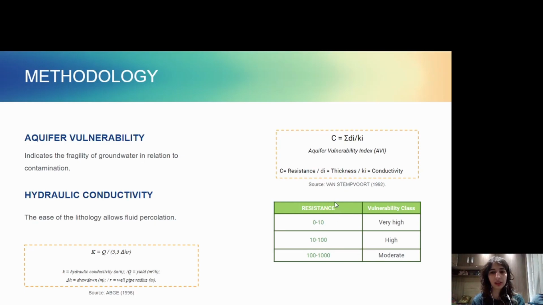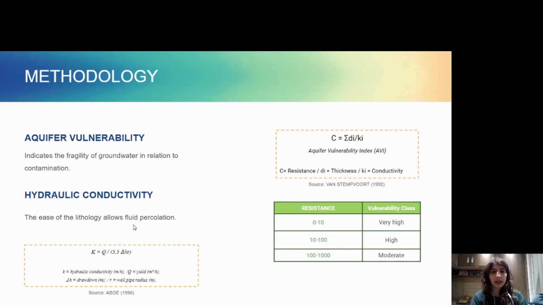So if the resistance is 0 to 10, the vulnerability class of the aquifer is very high. If the resistance is 10 to 100, the vulnerability class is high, and if it is 100 to 1000, it is moderate. Another piece of information here is the hydraulic conductivity, which is data that we need to use, and it's defined by the ease with which the lithology allows percolation.